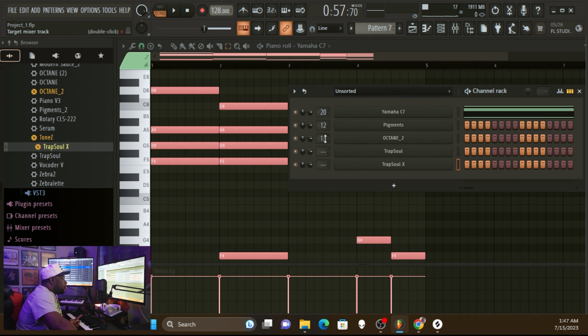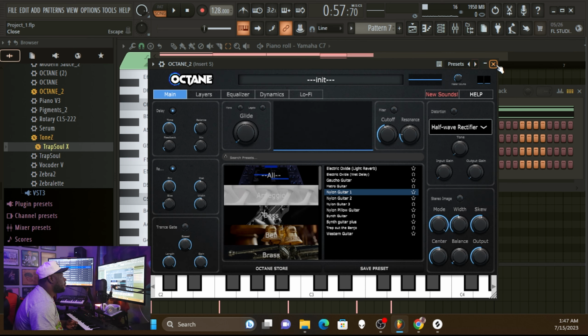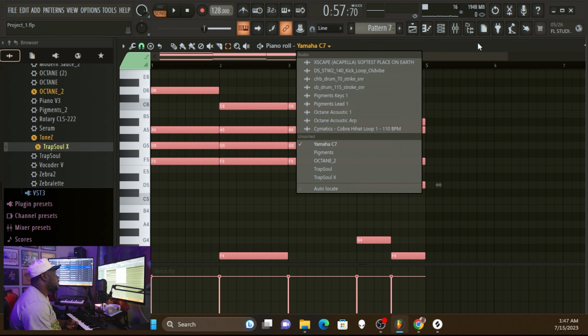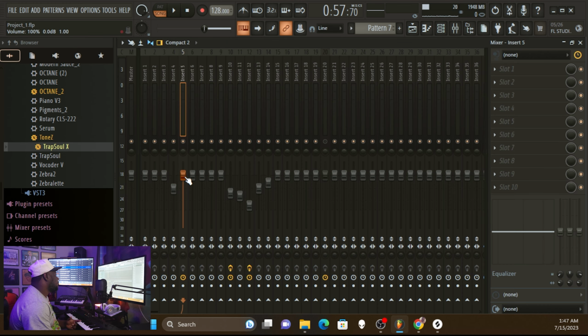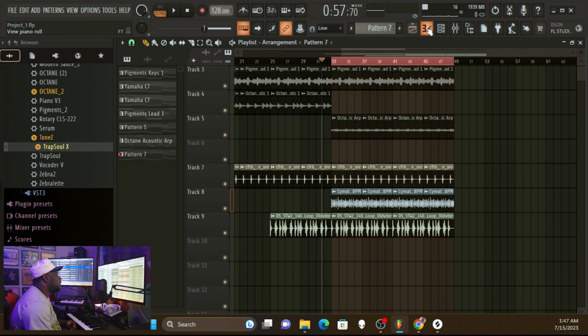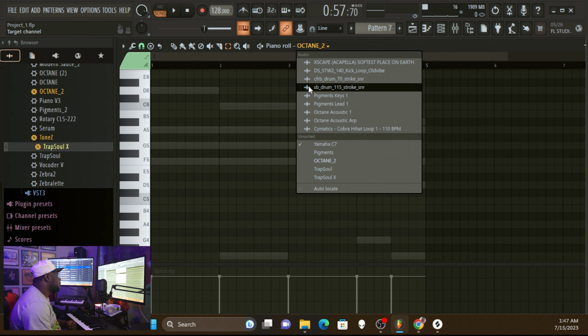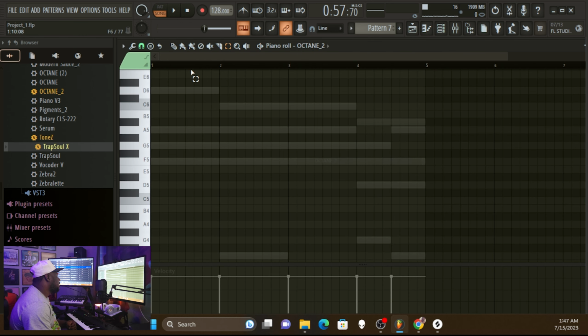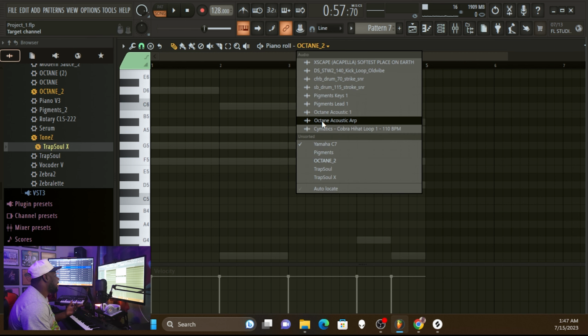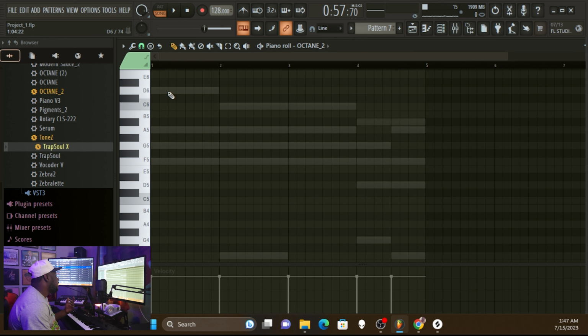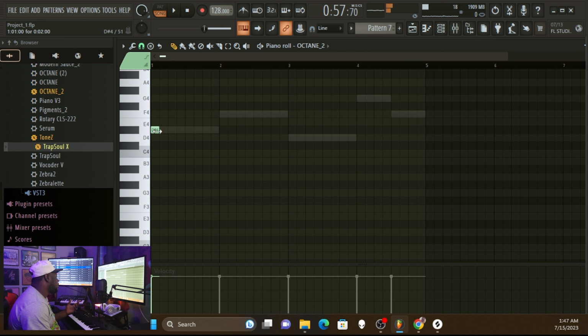And I already have Octane queued up, so I can slide Octane right down to 5. I'm gonna put all of these at 5. So that's 3 that we're gonna work with, right? So let's go back here. Actually, no, the level should be fine for right now. Go back to your piano roll. Go to Octane 2. I also have Pigments. I totally forgot that I have Pigments up. I never really played with the basses in Pigments, so